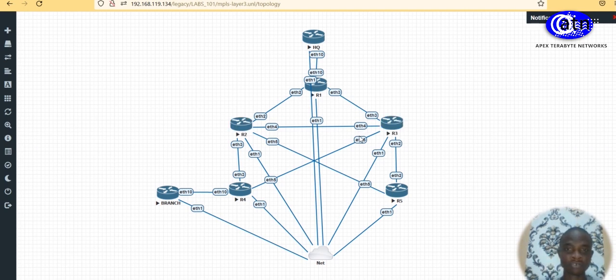So for the intra-AS VPN, we want to establish the connection between the HQ, which is connected to our R1, and the branch, which is connected to R4. To run the intra-AS MPLS VPN, you will need an MP-BGP configuration on your core network. You will need MPLS running, that has been done. You will need OSPF as the IGP. In this case, we are using OSPF. That has been done. So to configure our MP-BGP